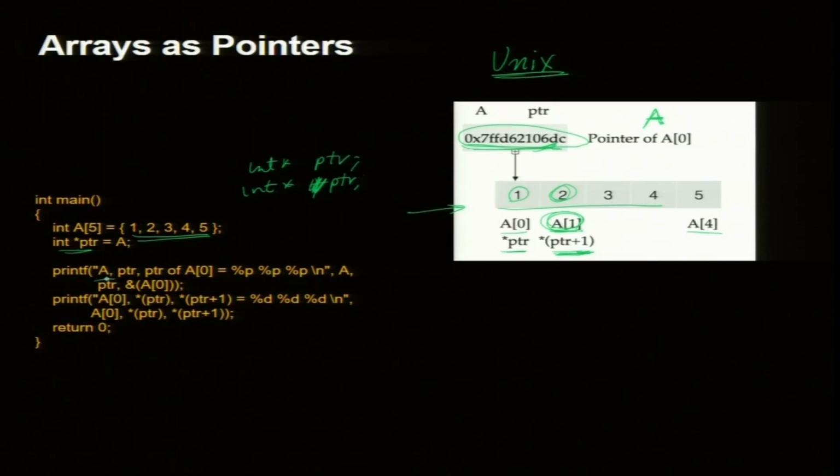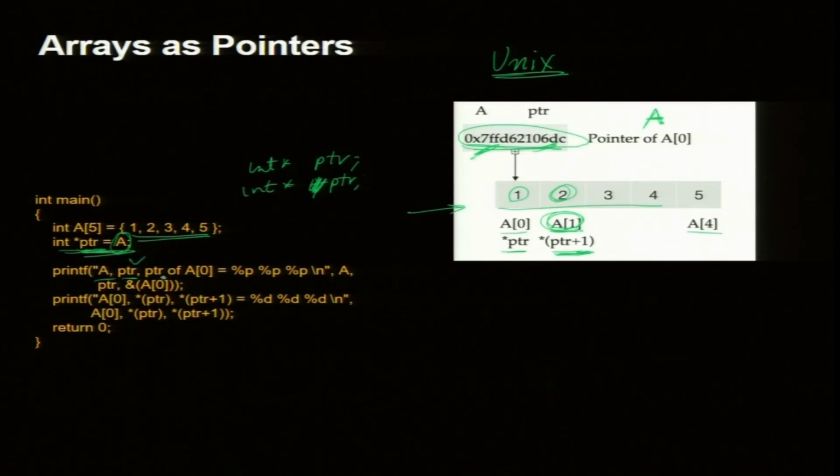So, let us print a pointer. This pointer is a pointer type variable and equal to A. I said the content of A is not the integers 1, 2, 3 like that. A is the address of the first location of the array. So, ptr gets the value of this address. Is that clear? What does this line mean? A is not an array, A is an address, and that is the same value as ptr, or ptr has the same value as A.